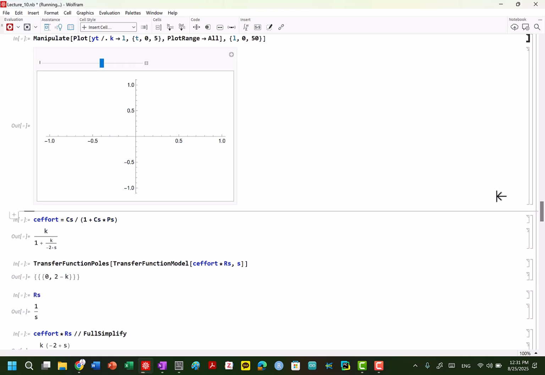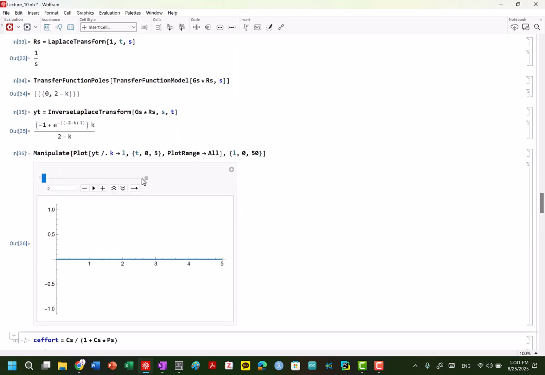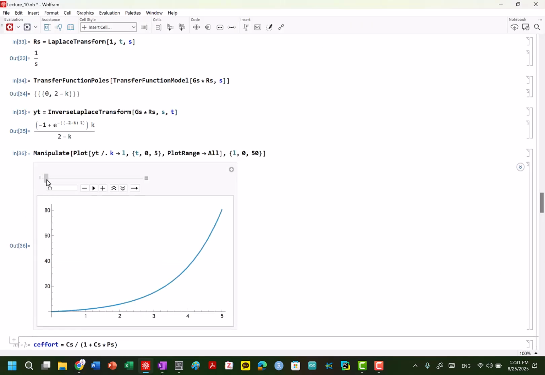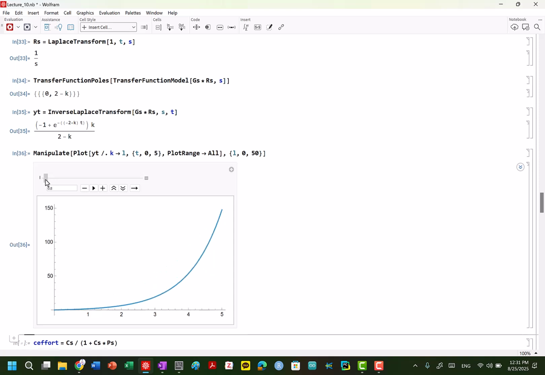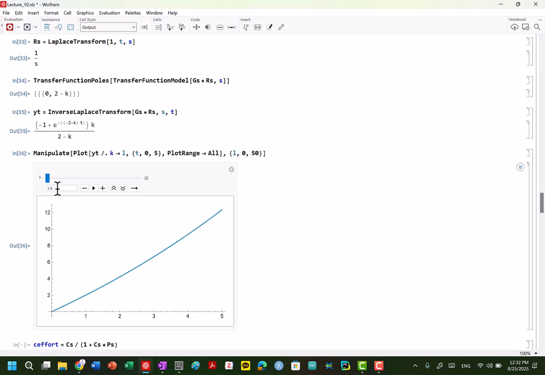We can see how the response changes. In this particular system, we have to be greater than 2 to stabilize. So if I'm at 1, I just see an exponential increase. If I type in 1.9, still increasing. If I do 2.1,